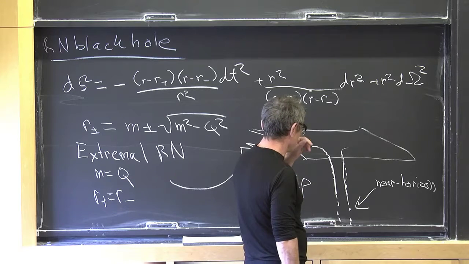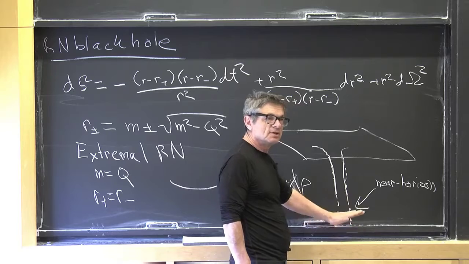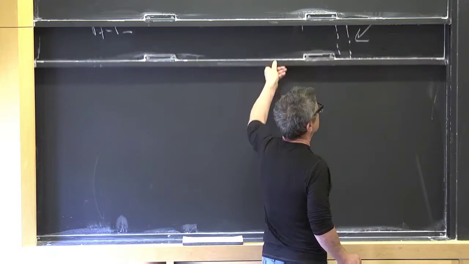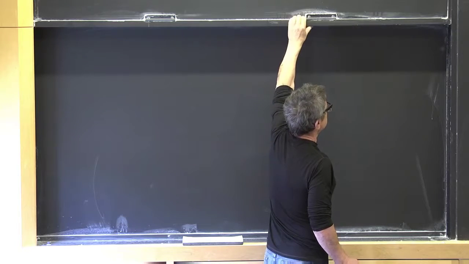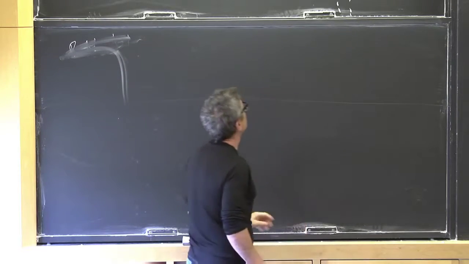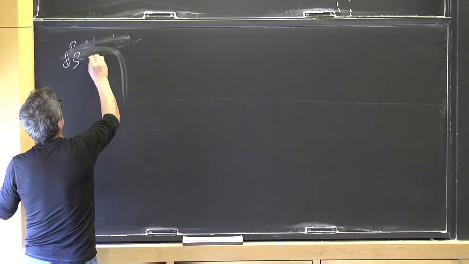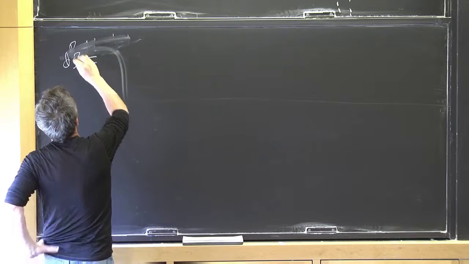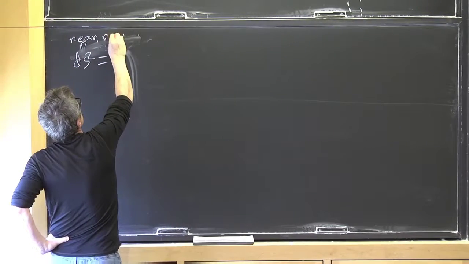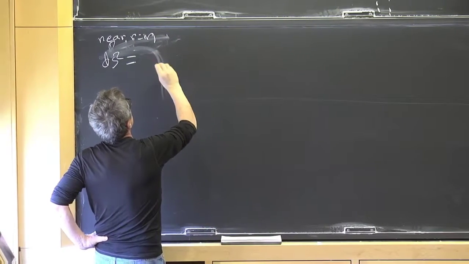There was also a transformation on the time variable, which forced us into this near horizon region. And we found that in the near horizon, near r equals m, we could write the metric as just